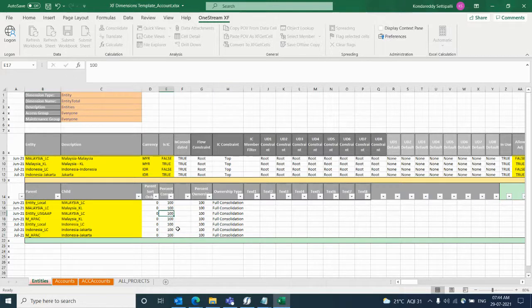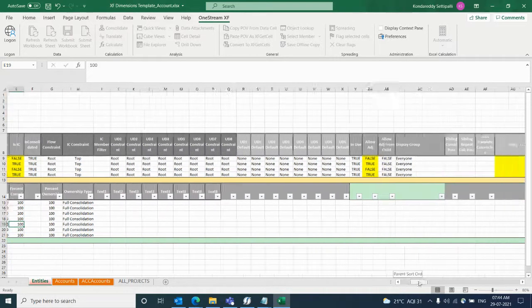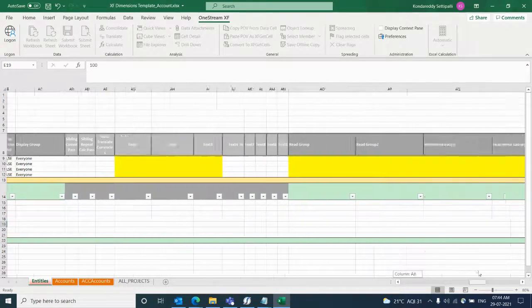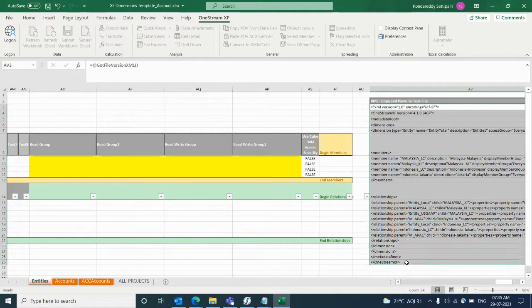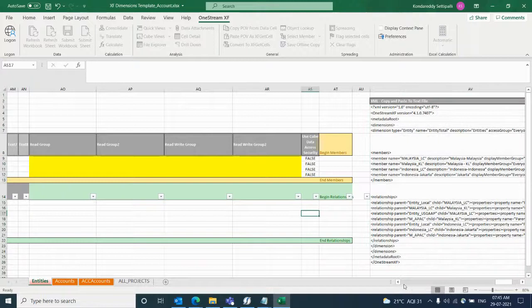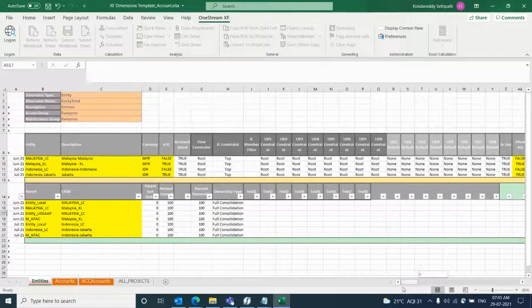These are like percentage consolidations. Remember, we have relationship properties wherein we have percentage consolidation of the ownership values. We are just keeping them as default ones. And then finally, make sure your XML string is generated, because this is an important part which we will be loading, right? Clear? Any question in this update file? Yeah, not as of now. Maybe after practicing, we may have changes.